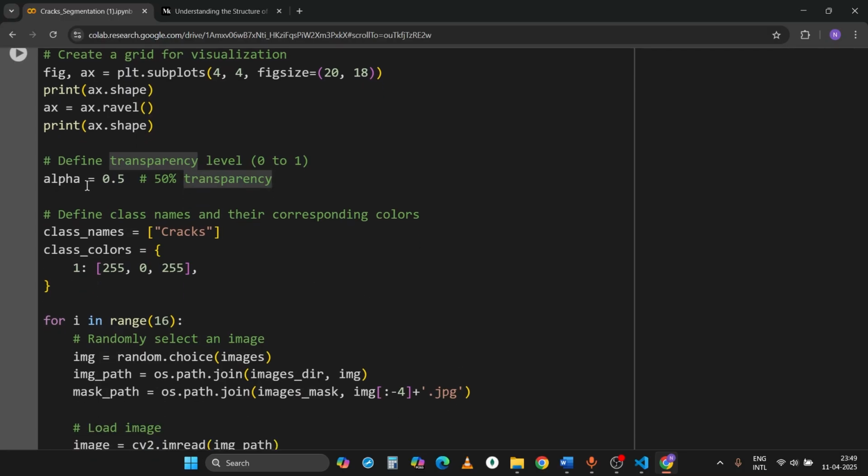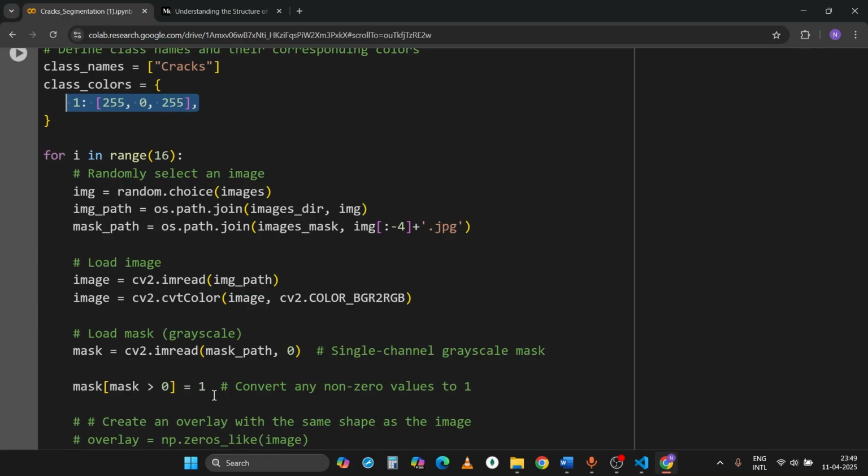This is the alpha value, 50% transparency. We only have cracks and its class id is equal to 1. Now here we are converting. I already told you why we are using this, because I want to convert all the pixel values which are greater than 0 to 1, because 1 represents the particular region where the segmentation has to be performed. Now first randomly choose the image file name from the images variable,